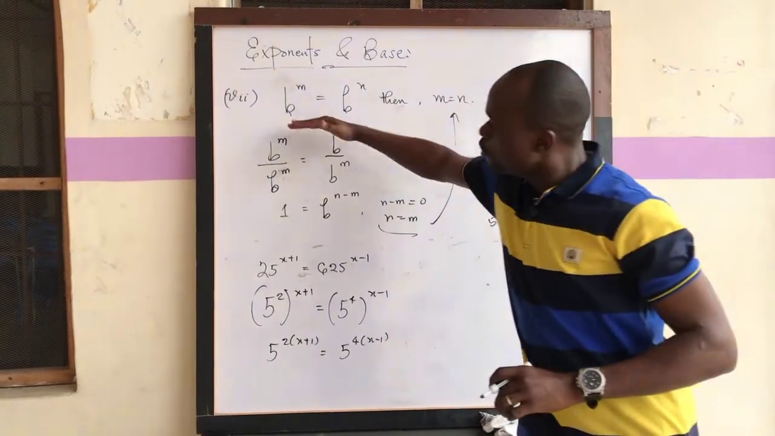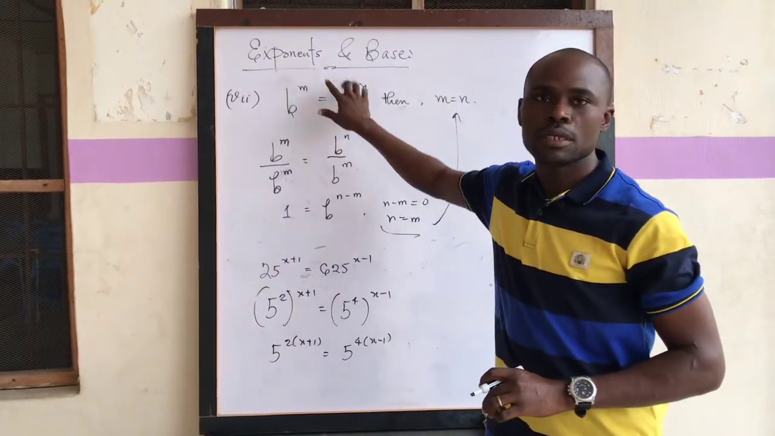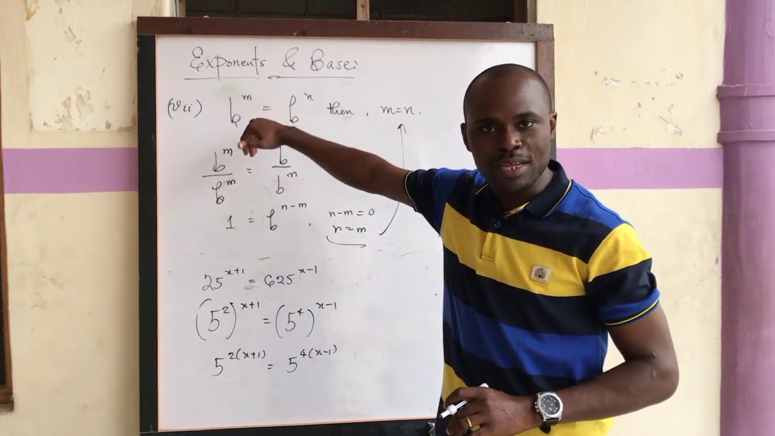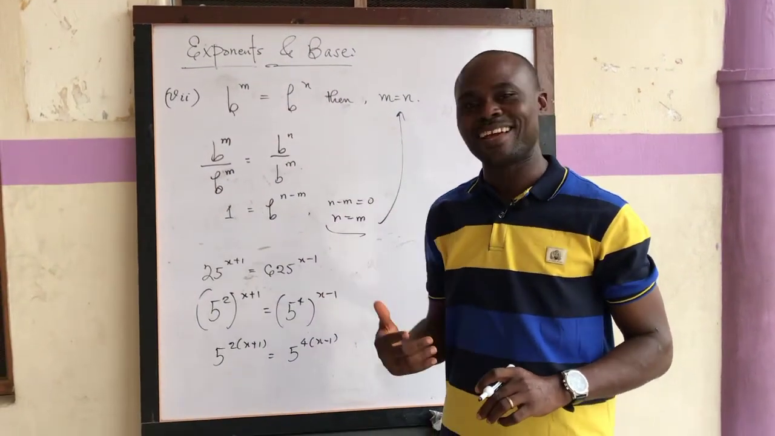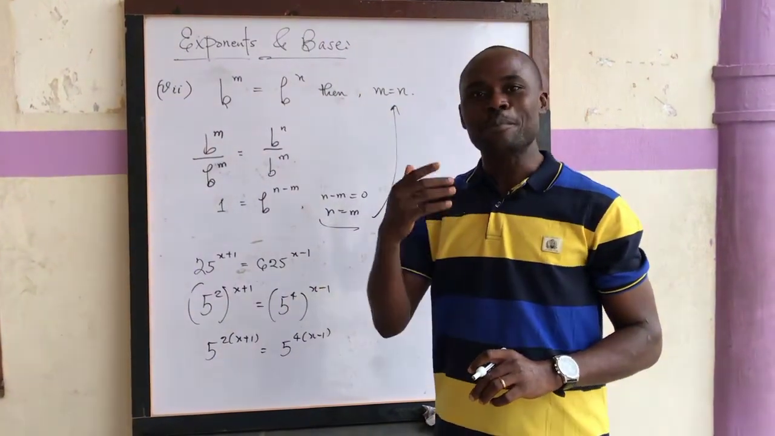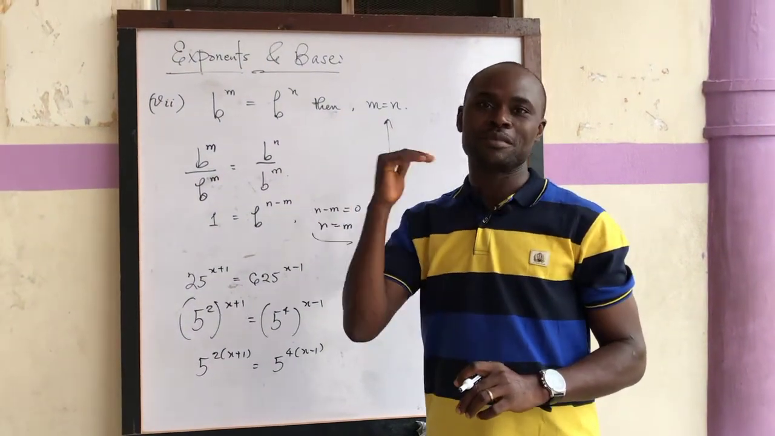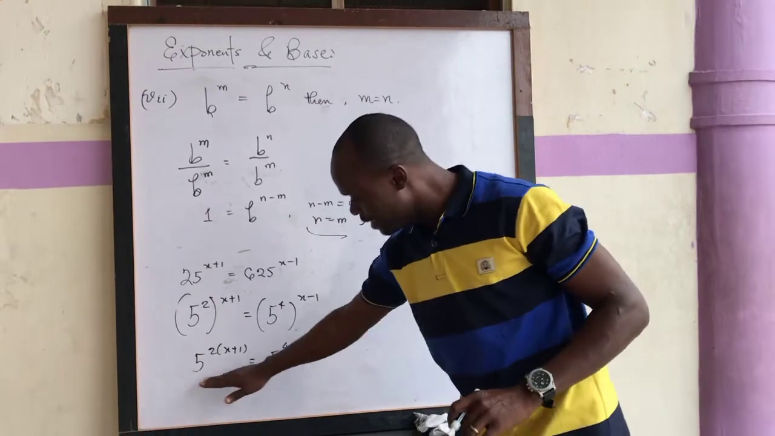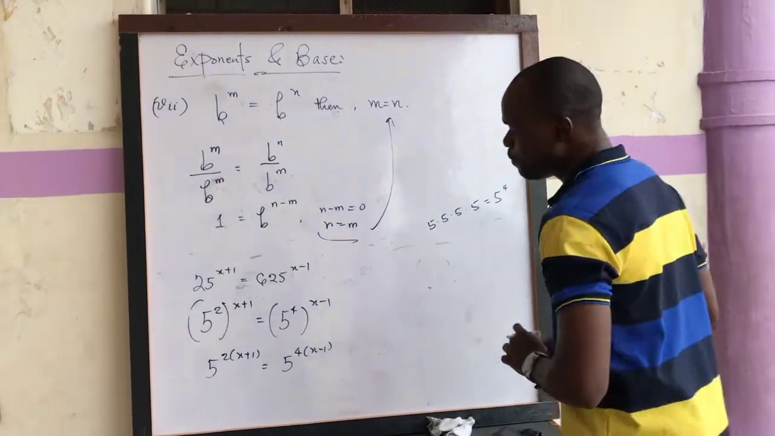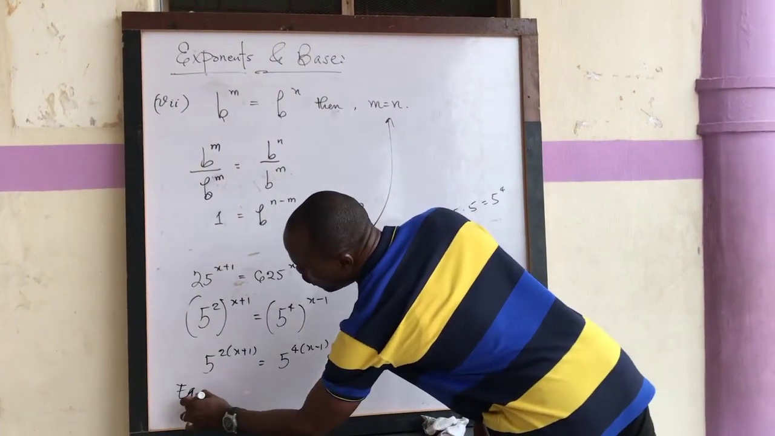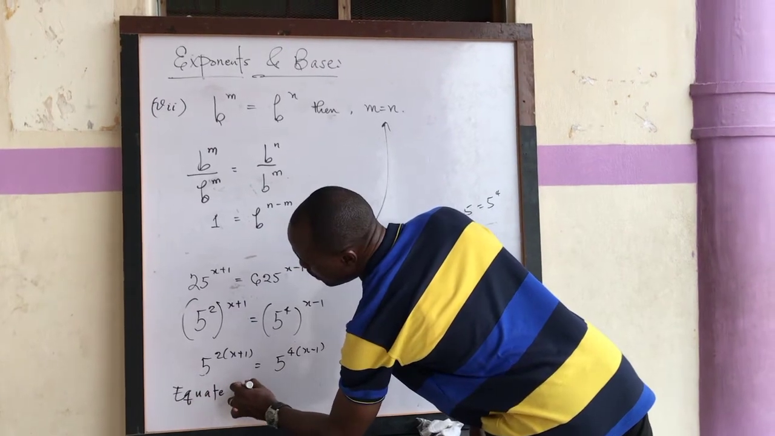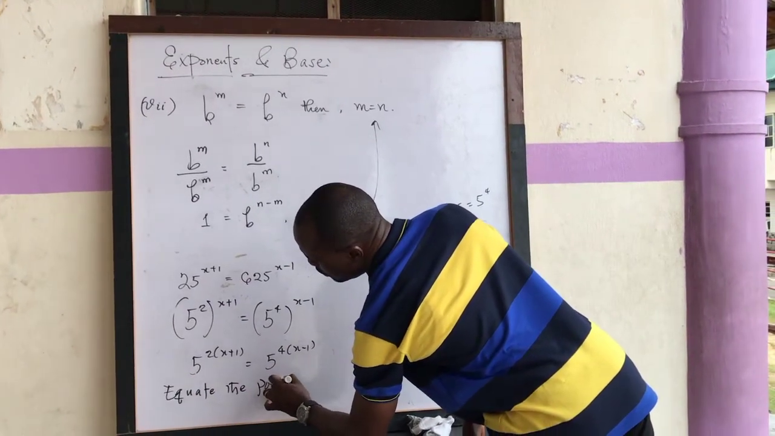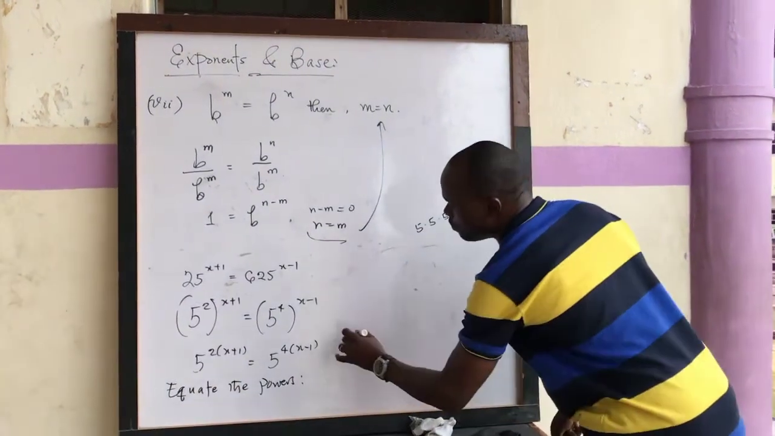Now, look at this rule. It simply says once this and this are the same, equate the powers. Once the bases are the same, equate the powers. So you can learn that like an acronym or like a poem: bases same, equate powers. The bases here are the same, so I equate the powers, or the exponents, and that is going to give me